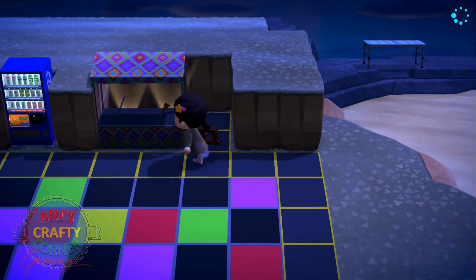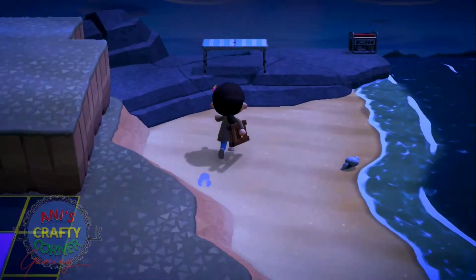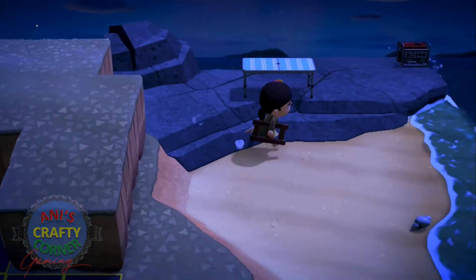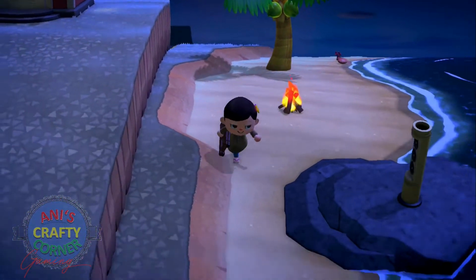And then this is the shop. And then there's some lights over there. And this is just a work in progress place. I guess I'll make this into a store place, but I just put that there for fun. And then when we go over here,